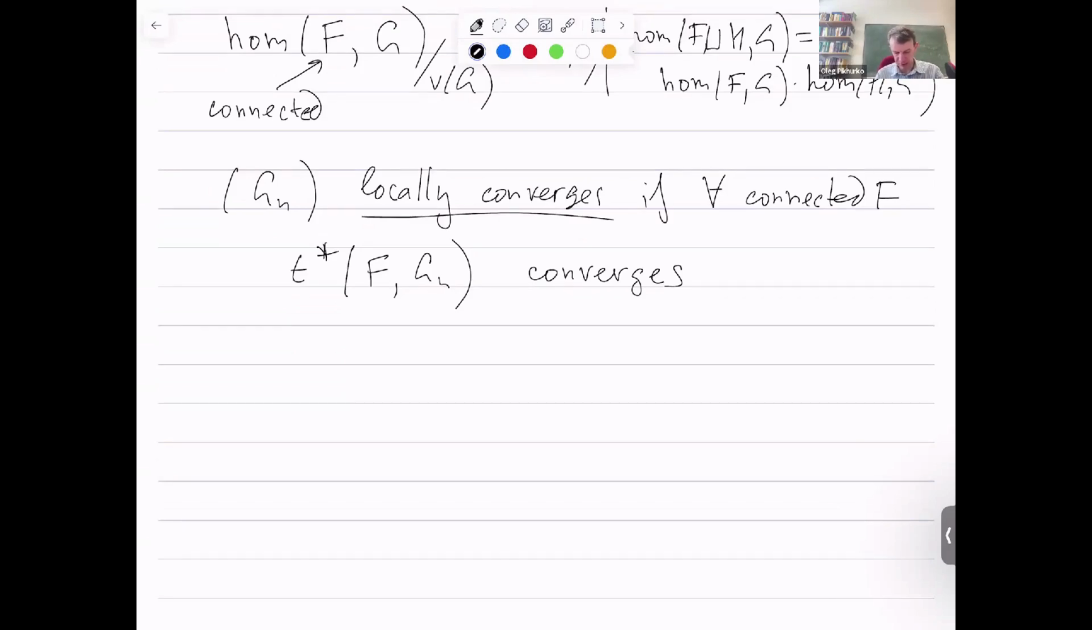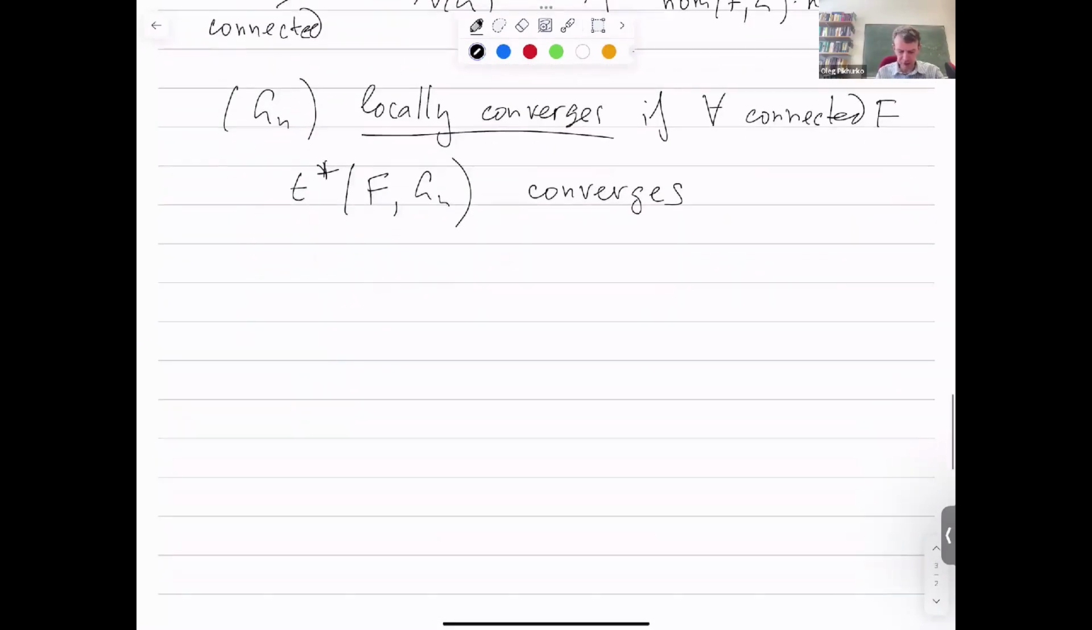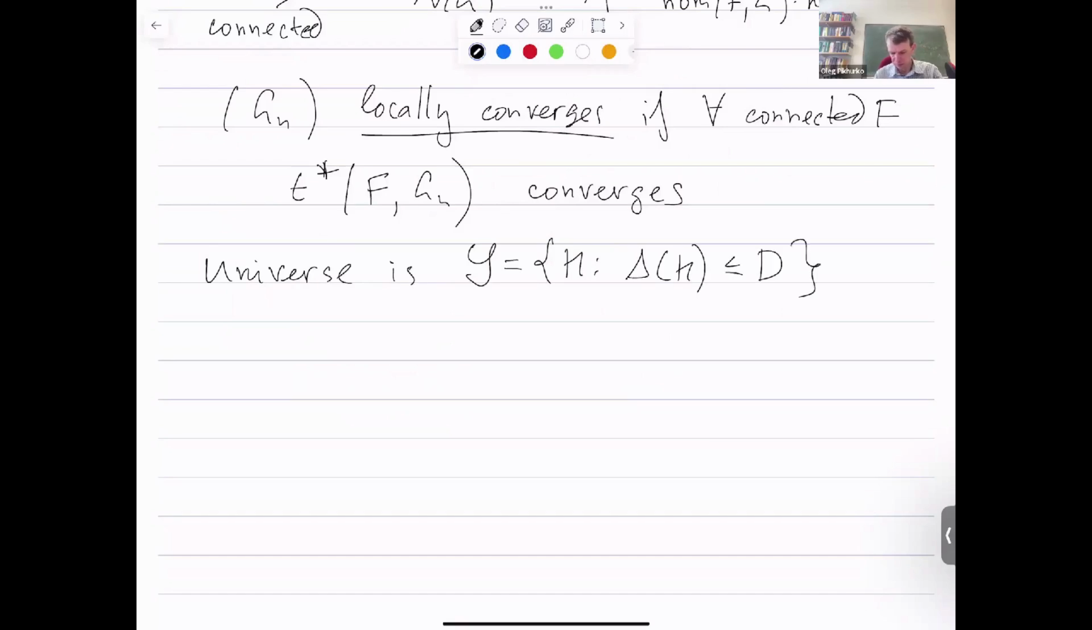So, and maybe right away, I'll say capital D is an upper bound. So let's say that our universe of graphs which we consider, I'll still denote it by calligraphic G, is all graphs such that the maximum degree of H is at most D. So I don't want to give examples on this T star, because I'm going to define equivalent notions right away,